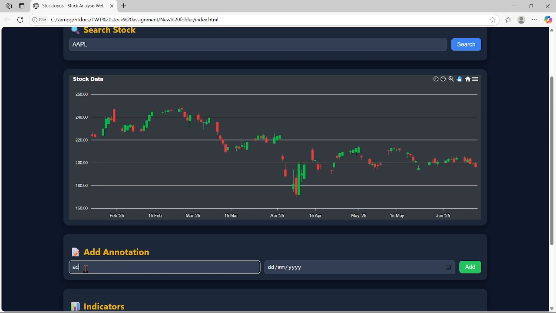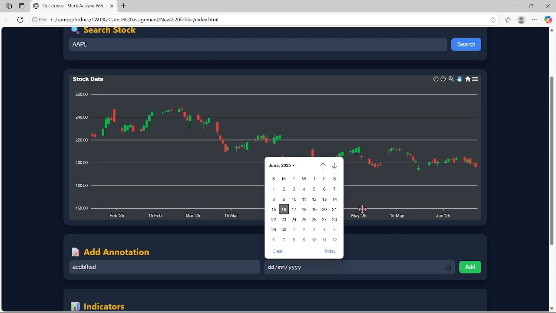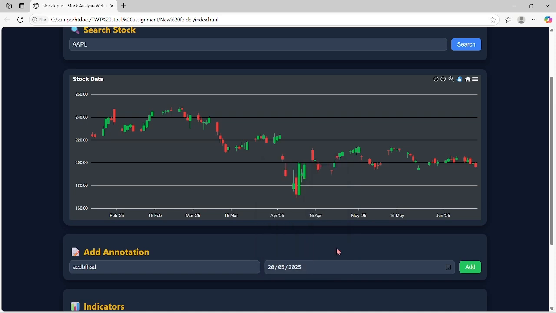Let's say we simply type something, and then we choose our date. Let's say May 20, and then we click on the add button. Okay, so we can see there is a red line appearing in the candlestick chart showing the annotation that we